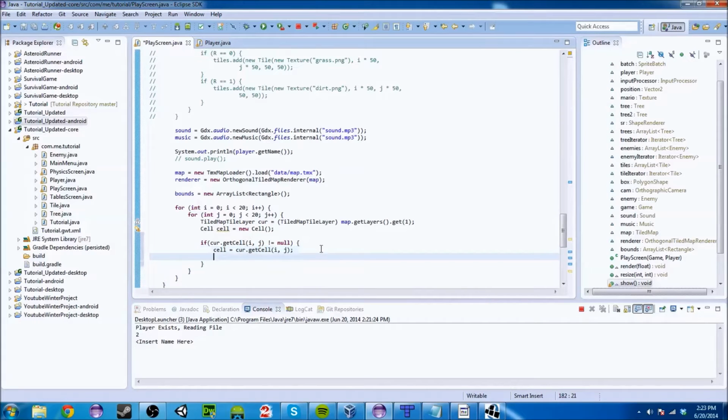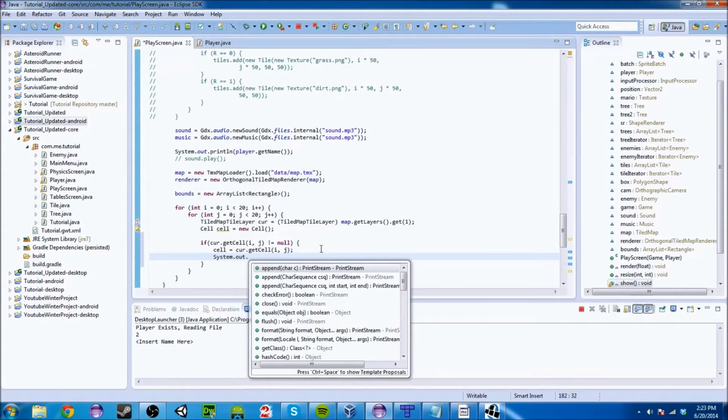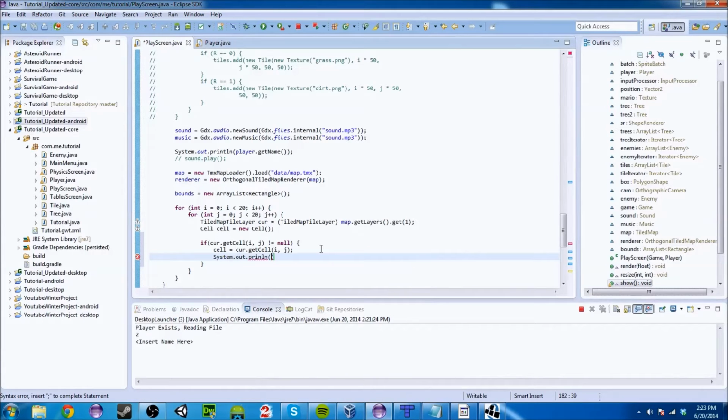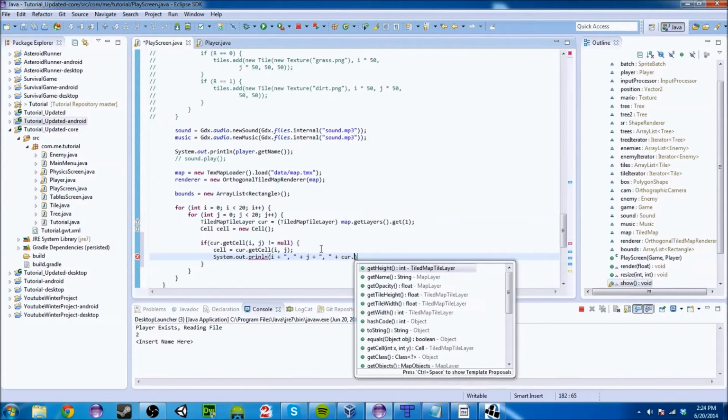Just for debugging purposes, System.out.println, and this will be a good visual for you guys. We're going to print out i plus a comma, and you don't actually have to do this line. I'm just doing it for debugging purposes. So it's going to print out the location of the object, and it's going to then print out the cur.get